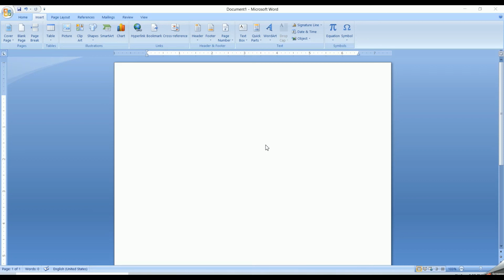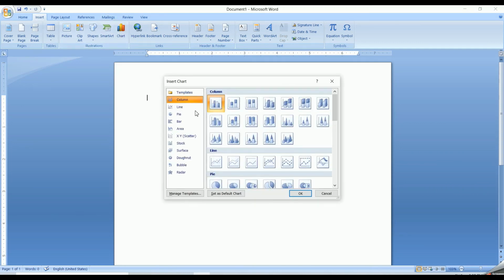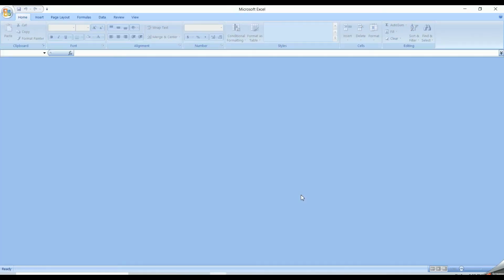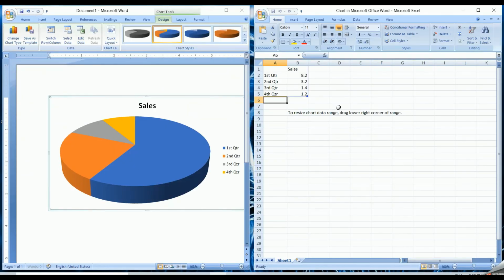Let's have a quick recap. I'll tell you a little bit in a speed that how to insert it, edit it, and how to format it. Going to the insert option, go to the chart option. You have so many types of charts here. I'm taking pie chart this time. Selecting the pie chart over here. I'll take the 3D pie chart over here and clicking on OK. So I got the Excel sheet here, which is showing me that data over here.